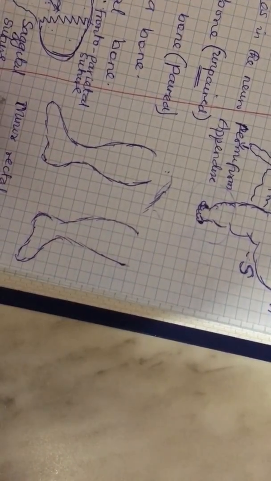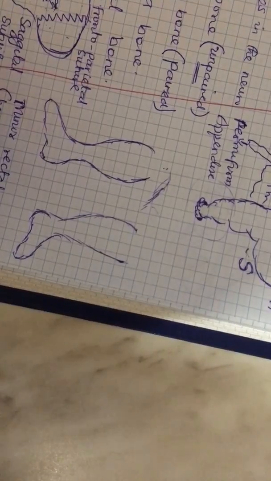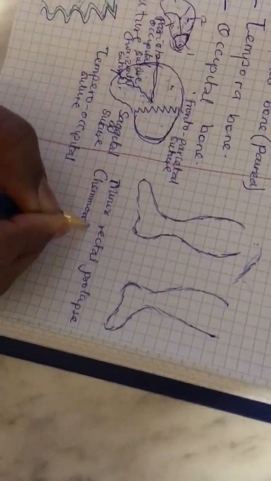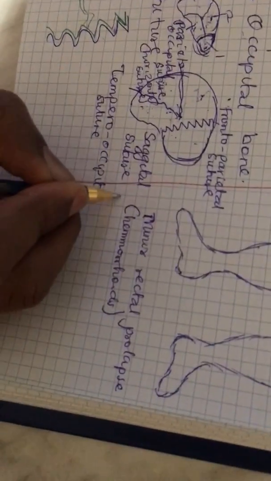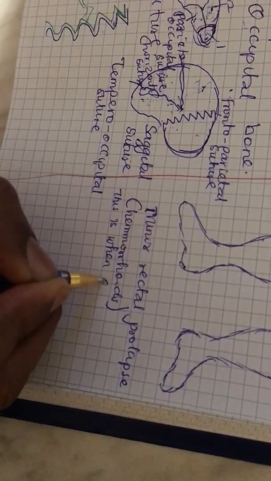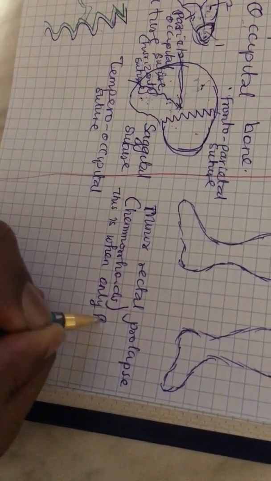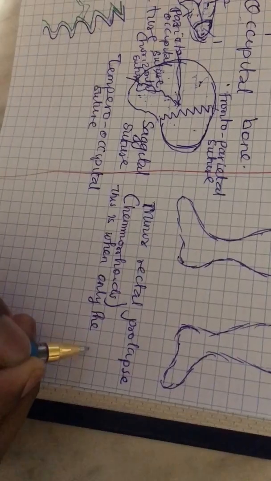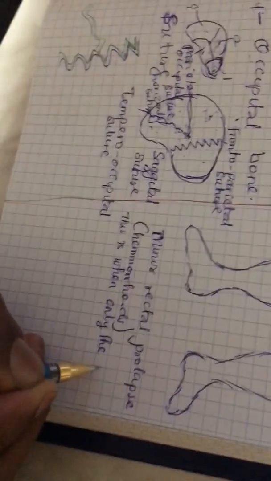An example of it is hemorrhoids. This is when only the mucosa layer